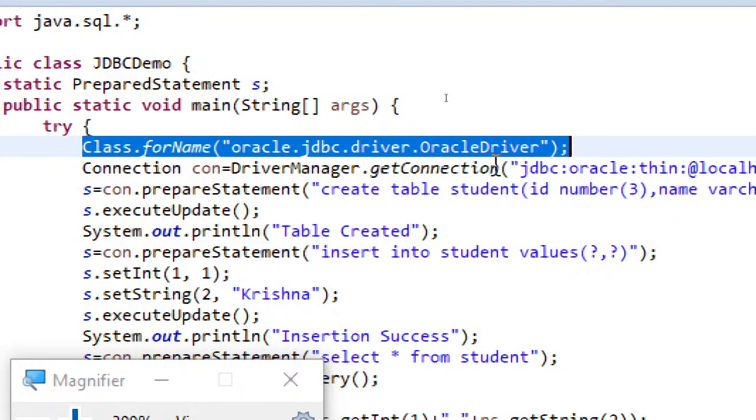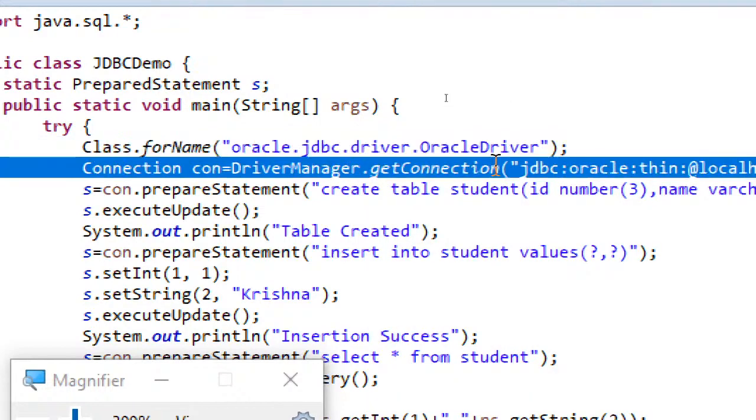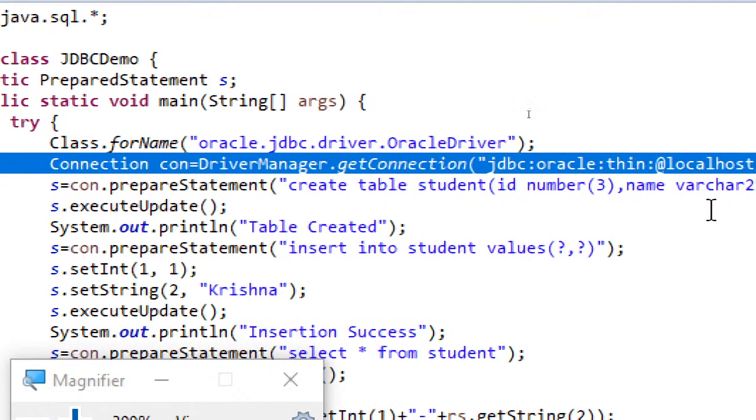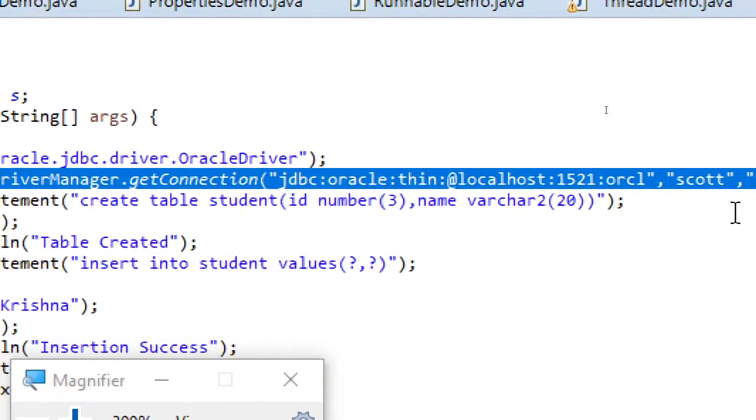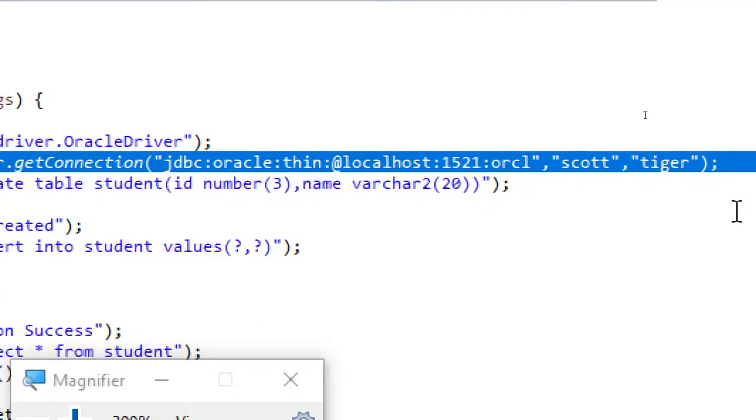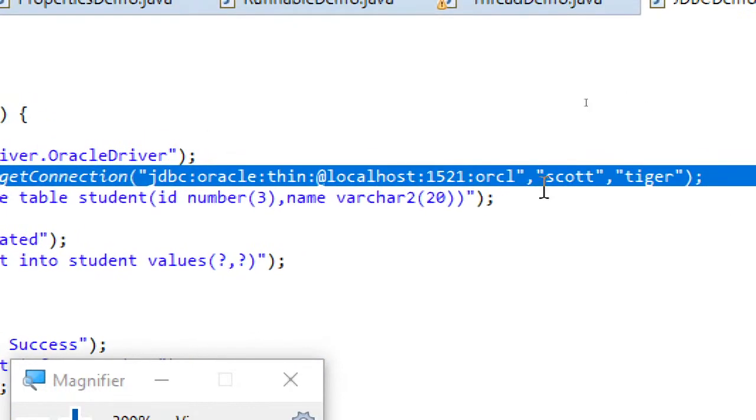Step 2 is creating the connection object. You get the connection object by invoking DriverManager.getConnection, and to that you pass 3 parameters. The first parameter is the URL, and the other 2 parameters are the username and password.